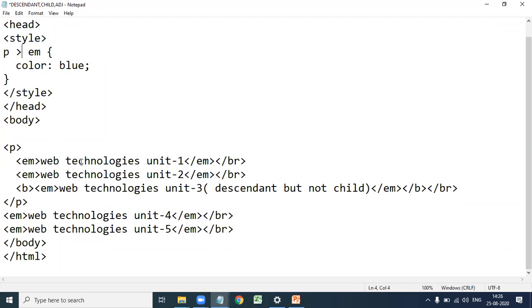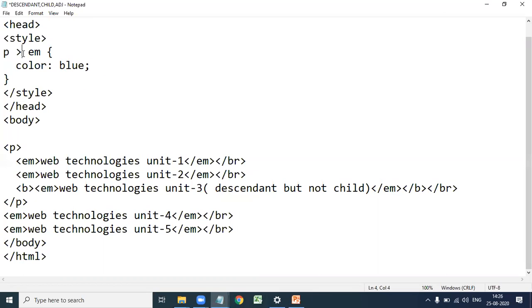See here, web technologies unit 1 is a child, web technologies unit 2 is a child, but web technologies unit 3 is not. Why? Because it is a child of the b element, the bold element. This is not a direct child. So when you execute the child selector, web technologies unit 1 and unit 2 become blue. Unit 3 is not changed. That is the child selector.